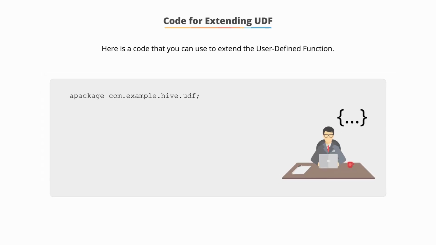Code for extending UDF. Here is some code that you can use to extend the user-defined function. Here you can see we've included the package com.example.hive.udf. And we've done two imports, one on org.apache.hadoop.hive.ql.exec.UDF, and also org.apache.hadoop.io.Text. This allows us to declare a function public final class Lower, which will extend the UDF, and the command